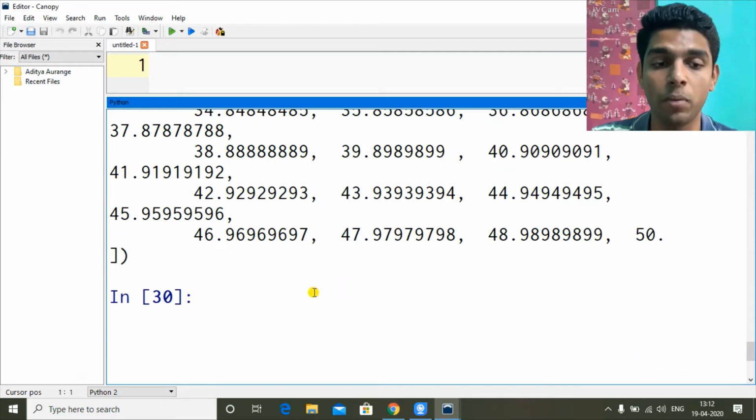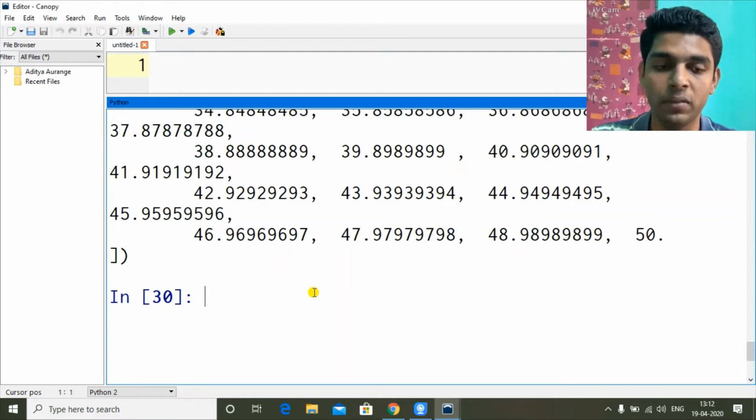Now we have one more important function, which is arange. In normal Python we have the range function, which we use with for loops. Here also we have arange. A stands for array and range. What arange does is it also gives us a range of values.